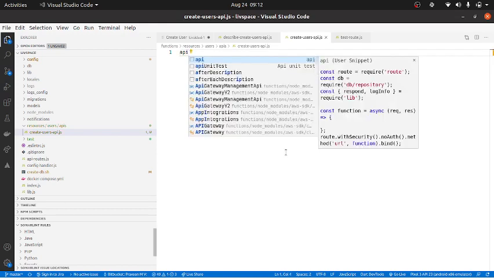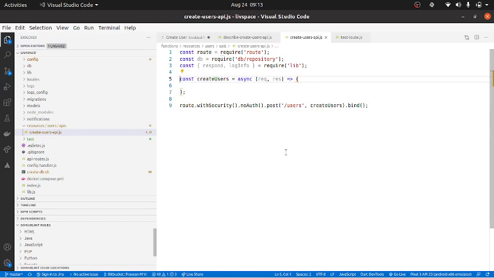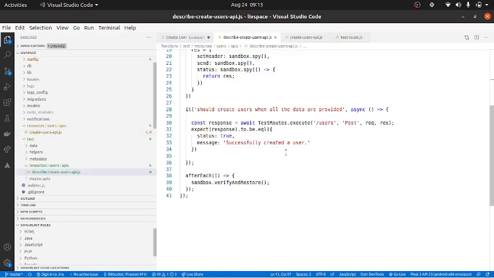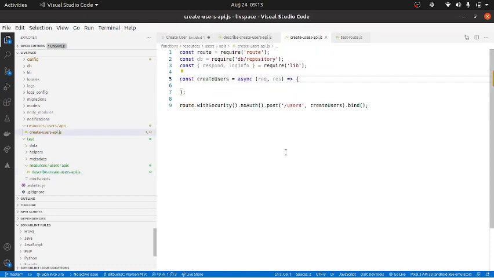So I'll basically create an API function create users, and method is post, URL is /users, create users, done, right? And to just make the thing pass, first, anyways, let me copy the relative path and include it over here. No, not needed. Anyways, I just need to add this into the API route file.